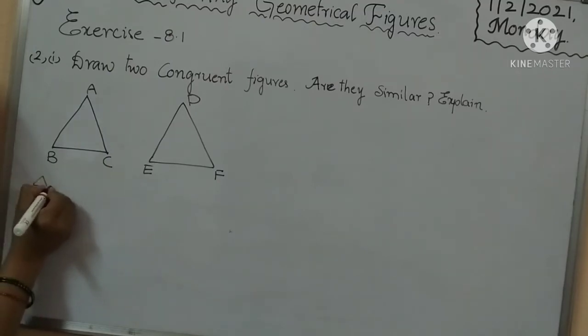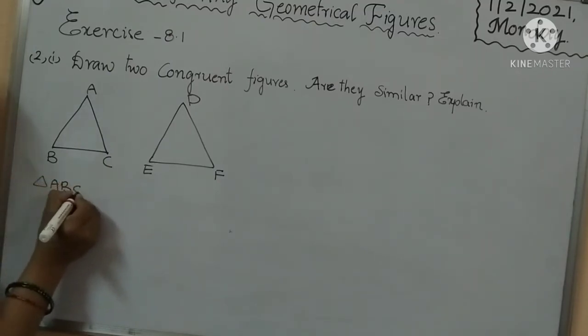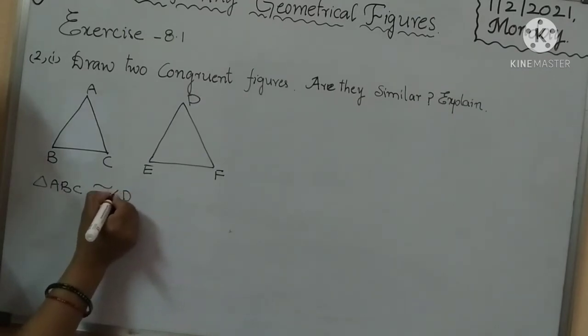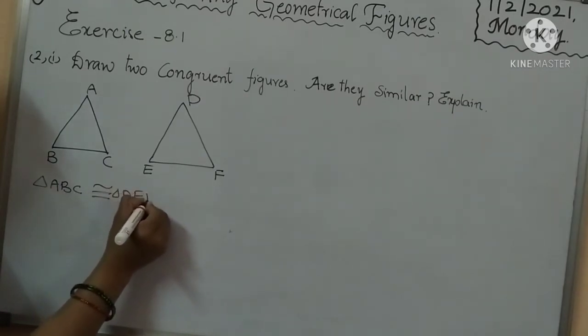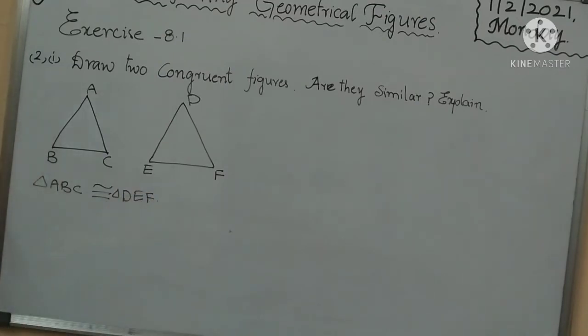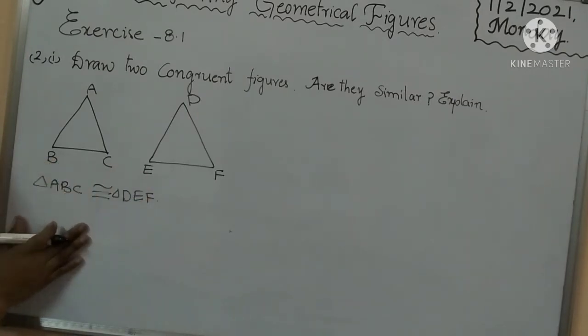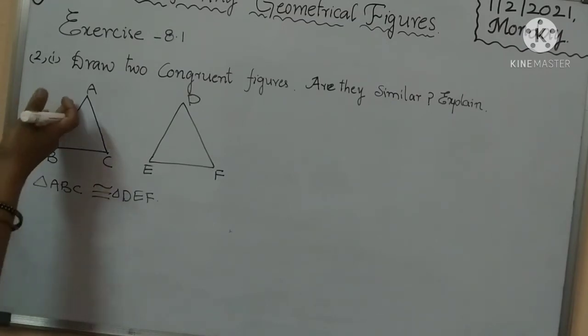We know that triangle ABC is congruent to triangle DEF, with this symbol of congruence. Okay, children. These two congruent figures, are they similar? Yes, we know that. Similar means same shape. Congruent means same size and same shape. Same shape, so it is similar. Explain. So here